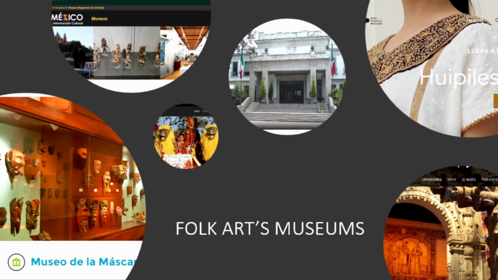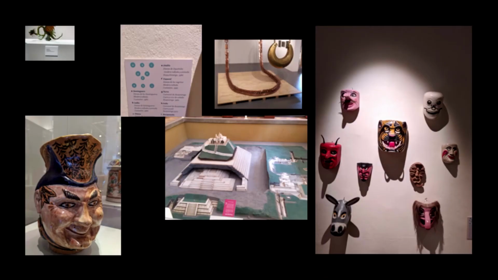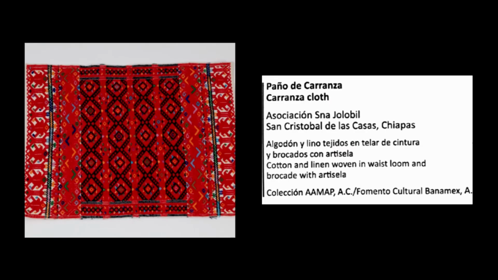All of them are or were presented in 10 museums of Mexico which exhibit or exhibited folk art collections. These institutions were the Museo Regional de Cholula, Museo Carrillo Gil, Museo del Centro Cultural Los Pinos, Museo de Arte Popular de la Ciudad de México, Museo Universitario de Arte Popular de Colima, Museo del Palacio de Valparaíso, Museo del Palacio de Iturbide, Museo Nacional de Culturas Populares, Museo Nacional de Antropología y Museo de la Máscara de la Peña de Bernal.